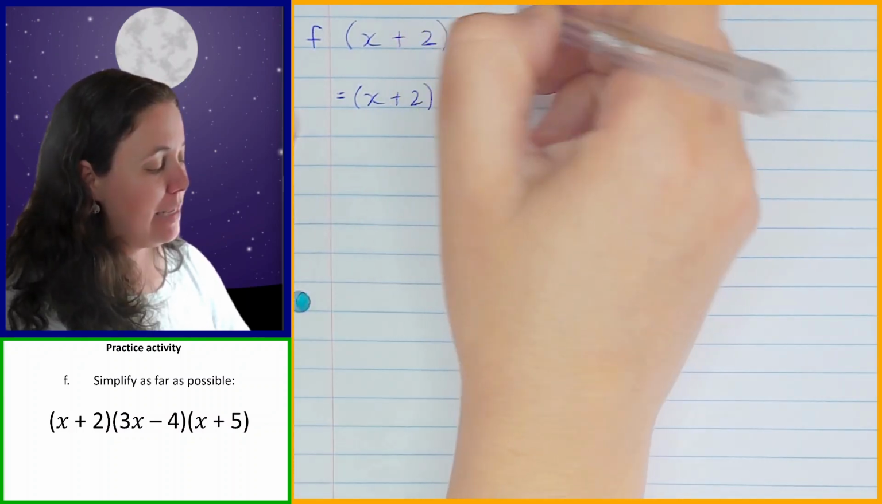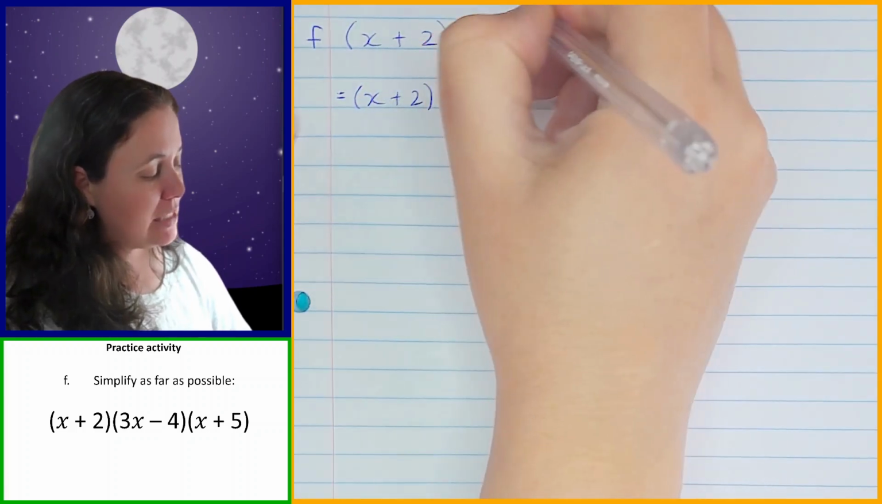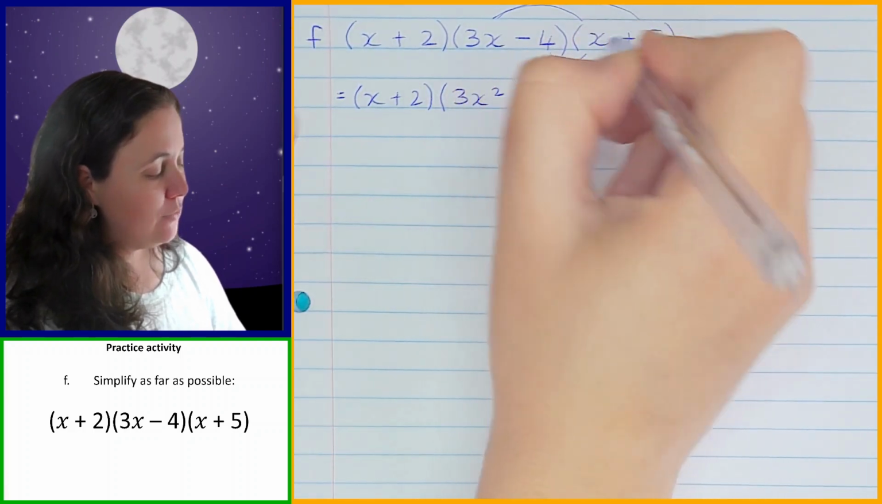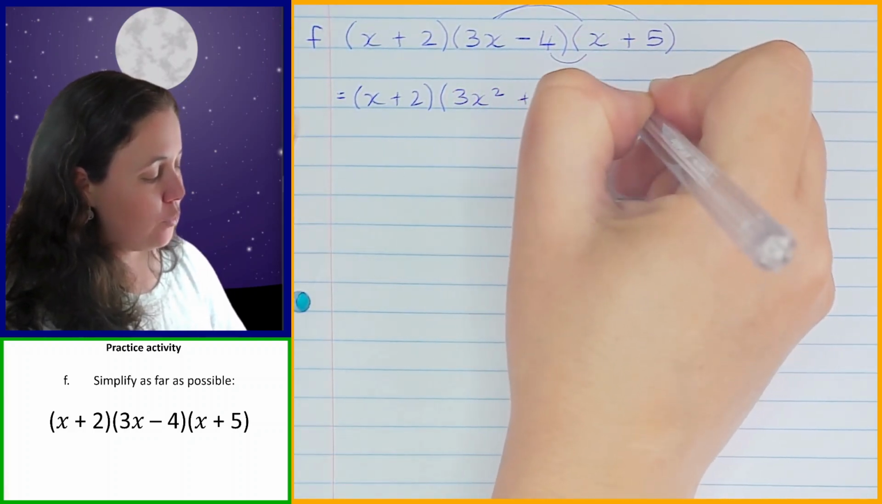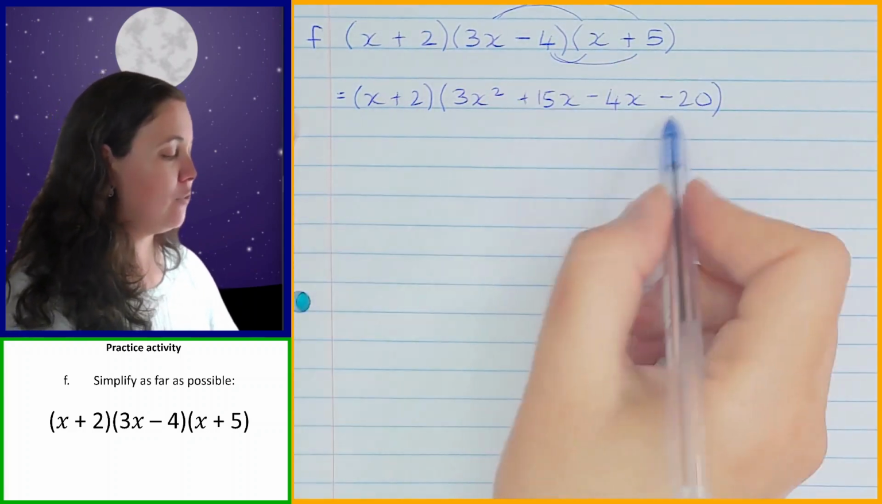So I'm going to have 3x times x is 3x squared. Then 3x times 5 is plus 15x. Then minus 4 times x is minus 4x, and minus 4 times 5 is minus 20. Okay, so once I've got to this point,